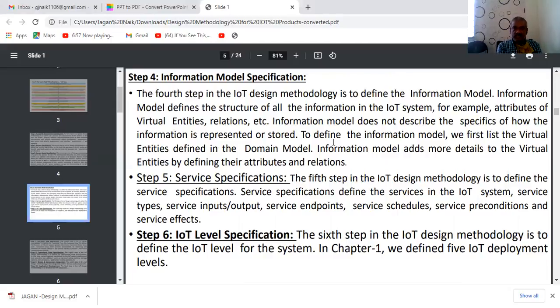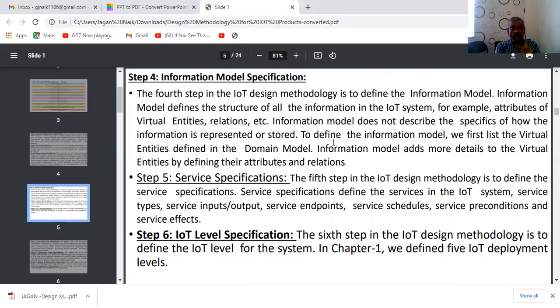So here we are going to be defining the information model. First we can see the list of virtual entities and define the domain model, and the information model adds more detail to the virtual entities by defining their attributes and the relationships.